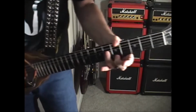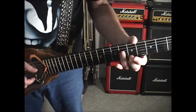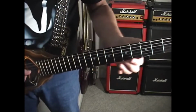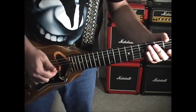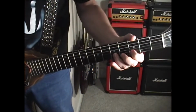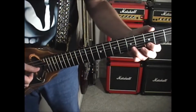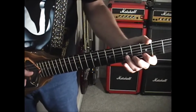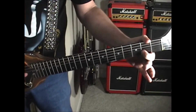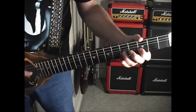Now we only have 2 little bends that I want to show you that are very cool. And that is here on the B string finally. Both these notes are going to be on the B string. Just going to take my first finger, pick upward on them, 5th fret, whole step, which means 2 frets, so just up, then your first finger back down to the 2nd fret, it's half step, so 1 fret, so you have,